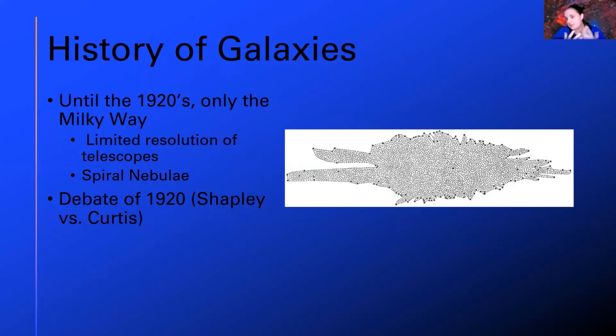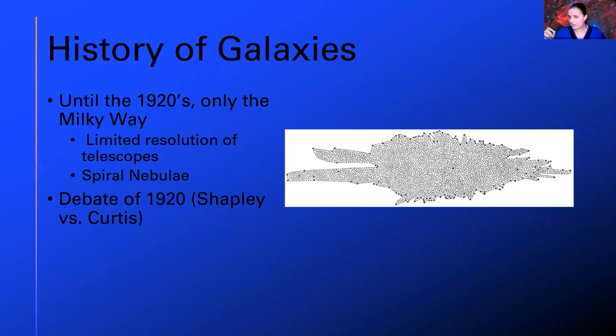Initial attempt. I mean, he had a good concept, but it wasn't quite right. Anything that was a unique object all existed around in our galaxy. We were the only island universe. It wasn't until the 1920s when an astronomer named Shapley and another one, Curtis, debated because they were noticing that